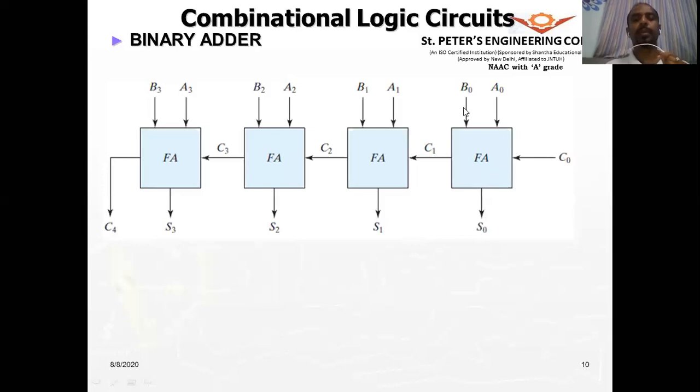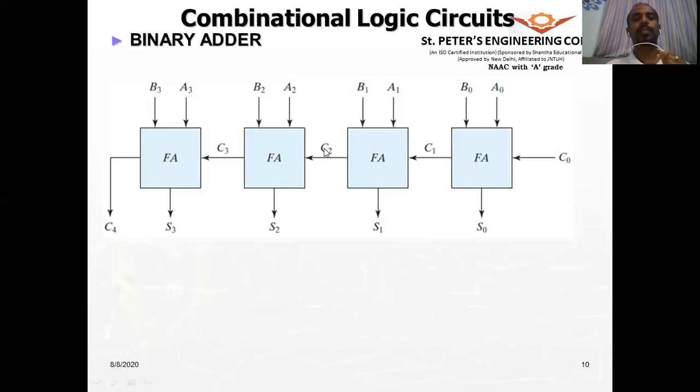Now when I add A0 and B0, of course, this will be the least significant bit, so you will not have any carry from the previous. So C0 will be 0. When I add these two, I will get a sum, which we call sum 0. Now when I add these two, if a carry was generated, we call it C1. C1 is the carry output of the first full adder, which goes to the second full adder as an input. So this will become the carry input to the next stage. All right. So C1 is a carry from the previous addition.